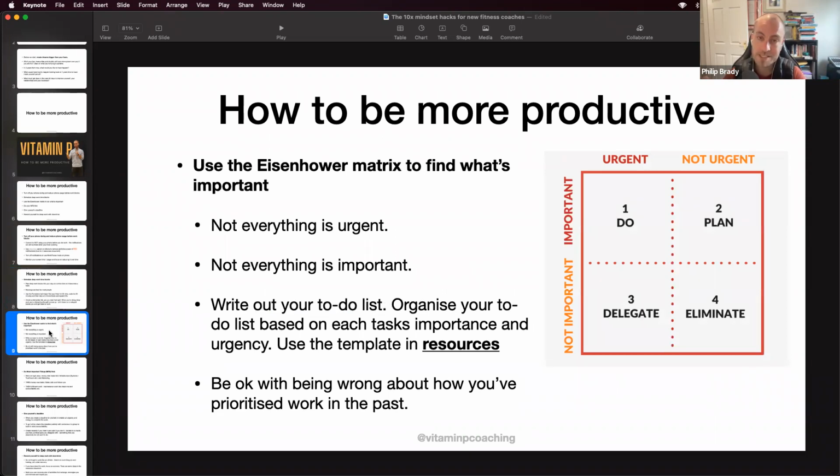Next is the Eisenhower matrix. Simple tool. It's in Stephen Covey's 7 Habits of Highly Effective People as well. But it's just prioritizing based on what's important and what's urgent. Not everything is urgent. Not everything is important. So write out your to-do list of all the tasks you need to do, and then use this matrix to assign where they are. I've got a template you can use in the resources document, and that'll help you prioritize your tasks, your to-do list, into these blocks,